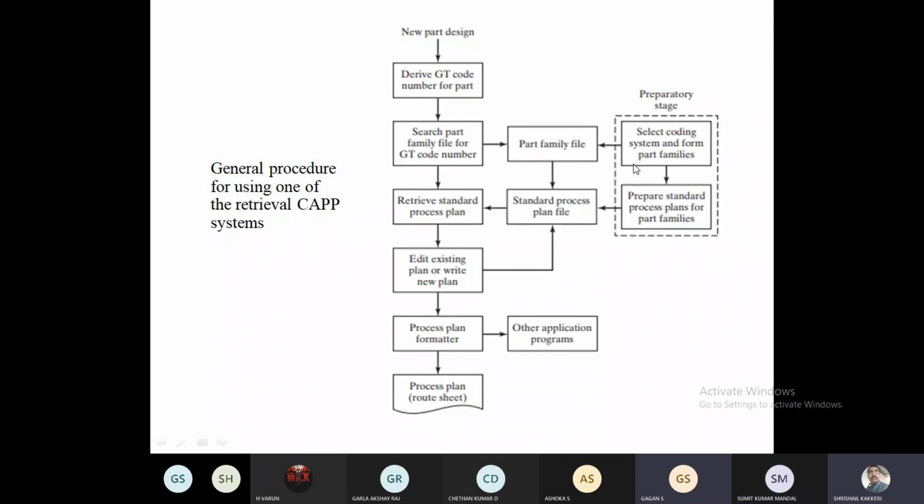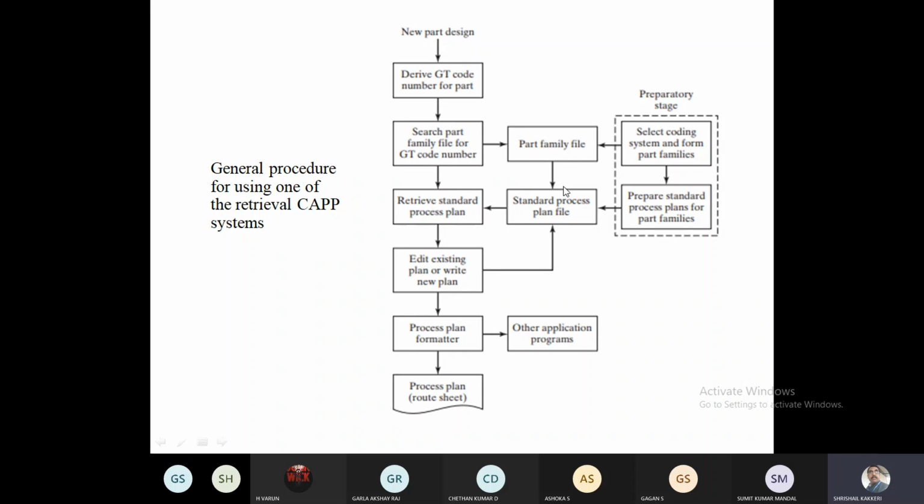Please remember, he is going to interface with this software, and this is the job of the planner. As soon as he receives the order, he is going to study the individual parts, and he is going to label the individual part families. Then after that, by using the GT, he is going to make similar kinds of families.